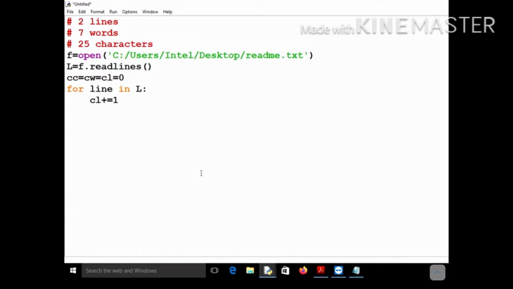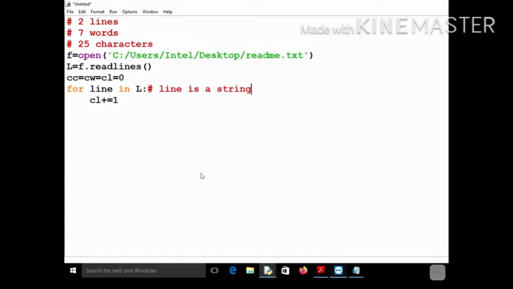Now what will be the next step? You have to count the words, and then you also have to count the characters, but excluding the newline character. Now you know that your line is nothing but a string, so every operation that you can perform on a string, you can also perform on this line.